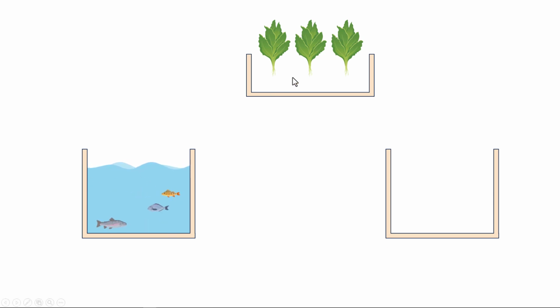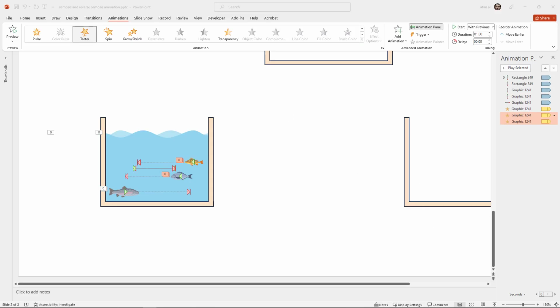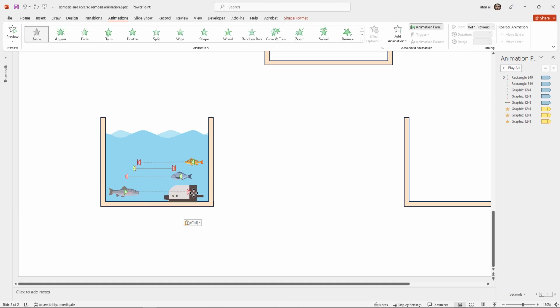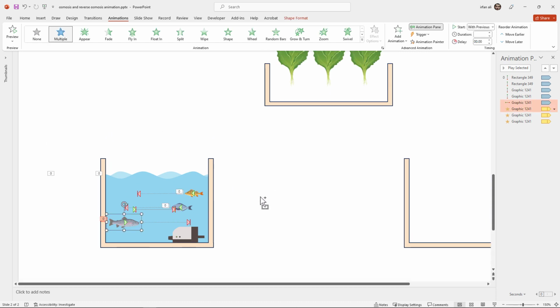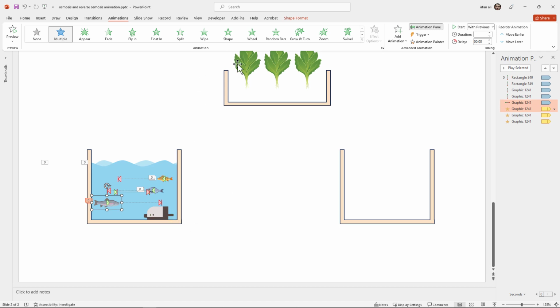Now we will come here to this part and this, and then this part. So for this I will add a water pump here, so that the water is pumping from this part to another. I just downloaded this picture from the internet, or you can make it on your own. It's all about you. Sorry, let me take these fishes a little bit above, something like this. Okay, and now I will draw a pipe, that the pipe will go from this side and start